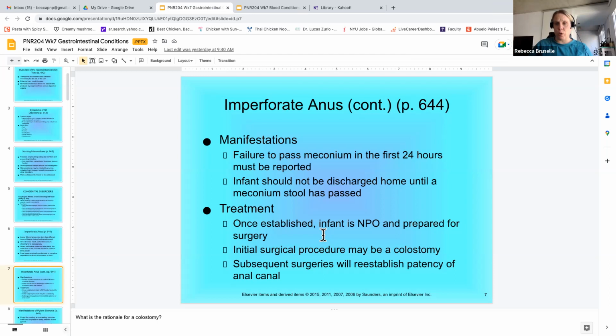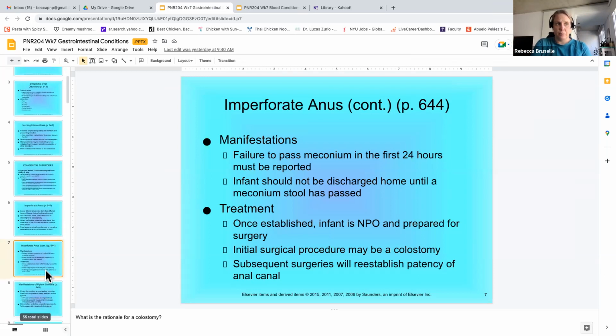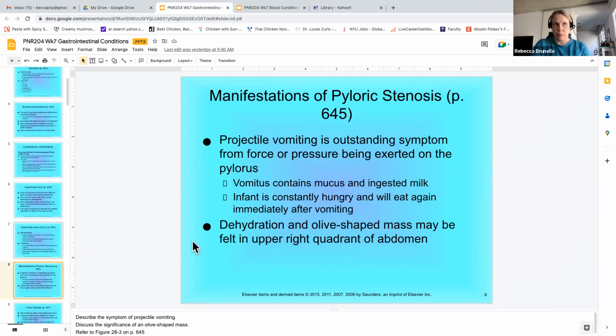So this is a way to redirect their colon so that it doesn't have to come out their anus. Sometimes they can repair the anus and it'll continue to come out where it normally does, or they might have to pull the colon up to the skin. And then something else